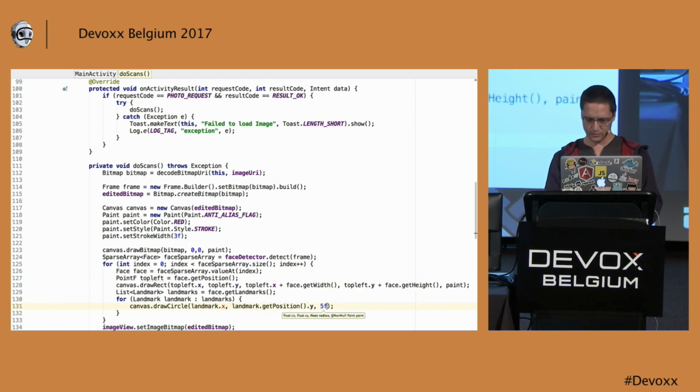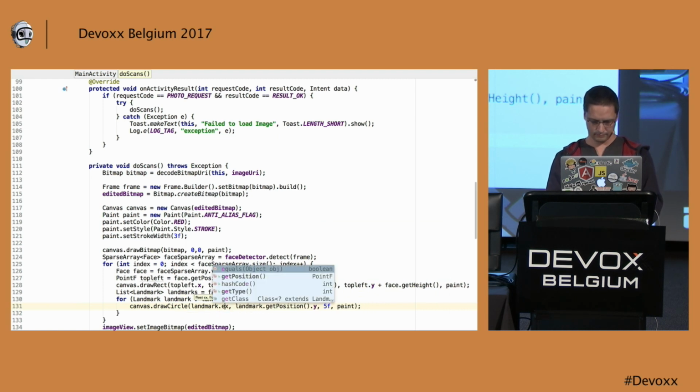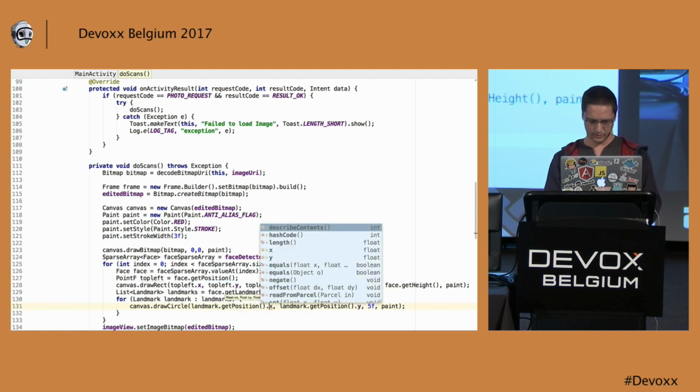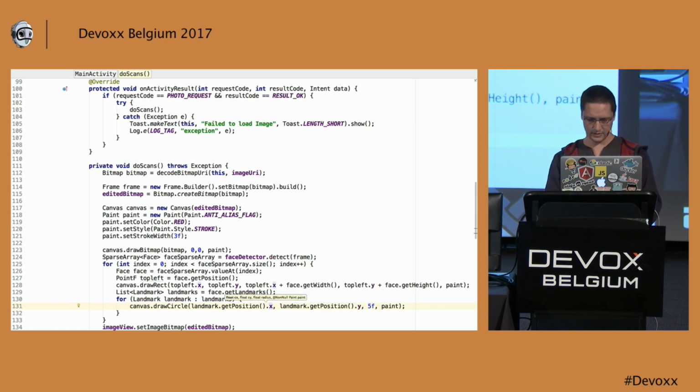We need a radius and a color. Just get position x like this.